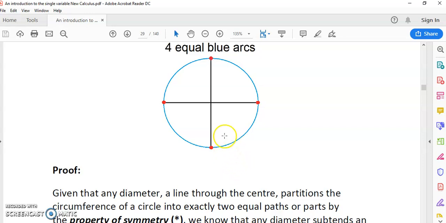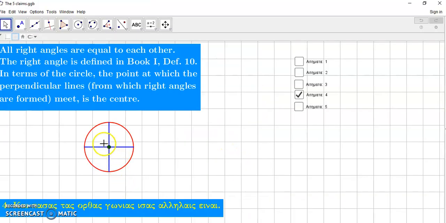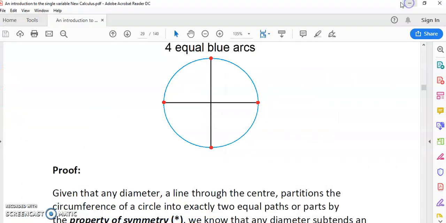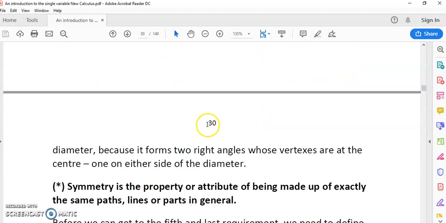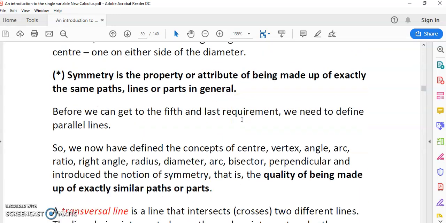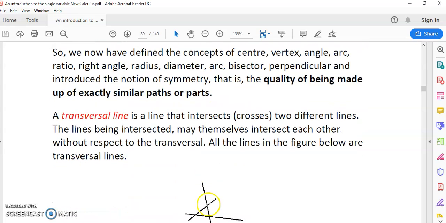So if we had, let's go to this applet, if we had a diameter going like that, crossing this one here, the arc lengths would not be equal. So whatever that is, it's not going to be called a perpendicular, because we're going to call this vertical diameter a perpendicular if and only if the way it intersects this diameter is such that the arcs are equal by symmetry. So now we have a perpendicular,